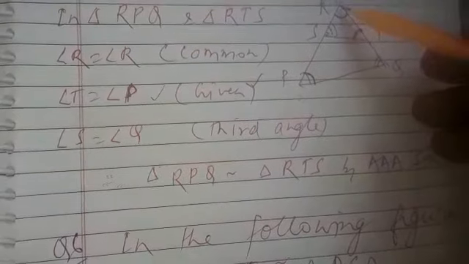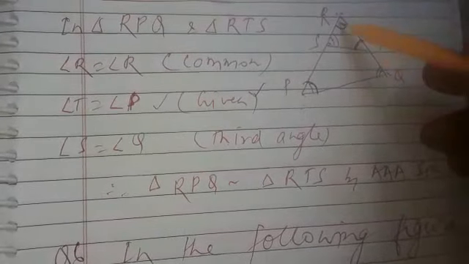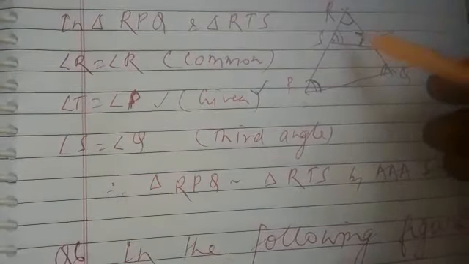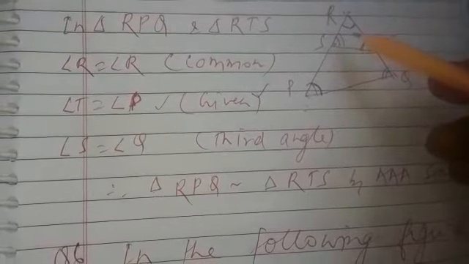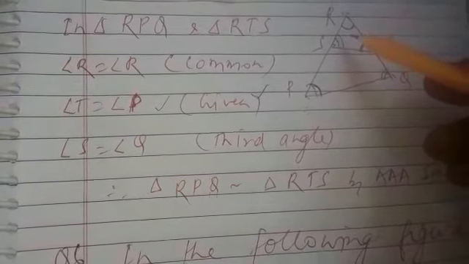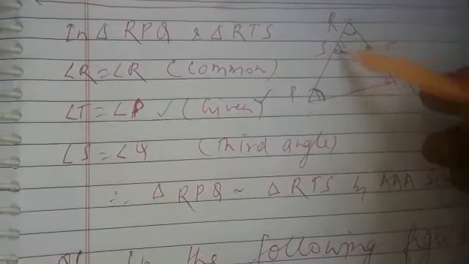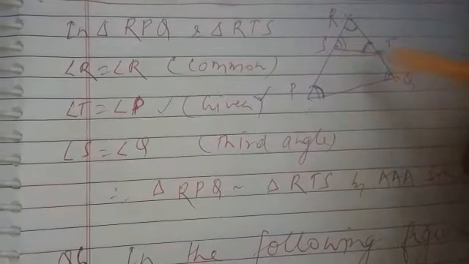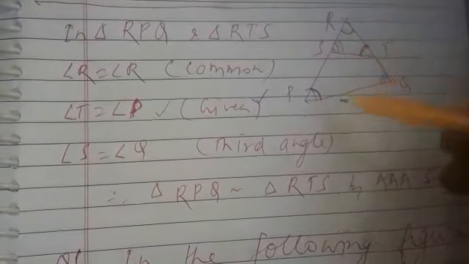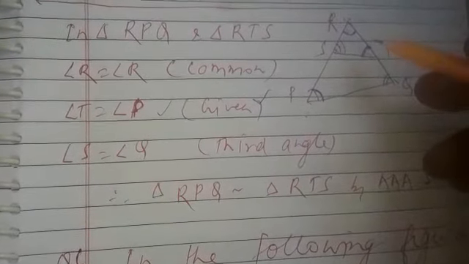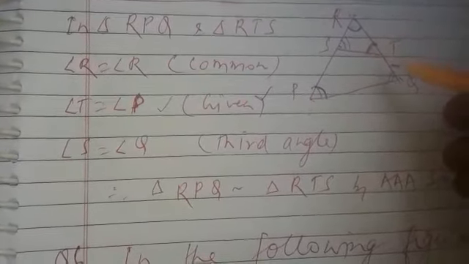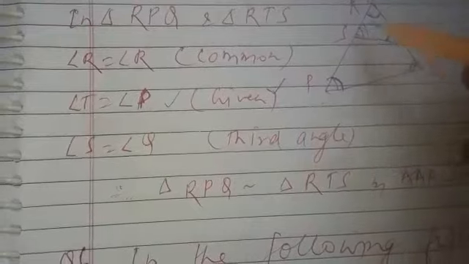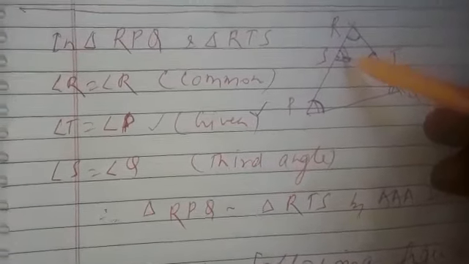Whenever in two different triangles any two angles are correspondingly equal to each other, then the third angles of both the triangles are correspondingly equal to each other. It is so because the sum of all three angles of a triangle is always a constant value. So when two angles of two different triangles are equal, then the third angle will be equal to the difference of 180 and the sum of the two equal angles. Since both these were equal to each other, therefore we can say that the third angle of the triangle is equal.